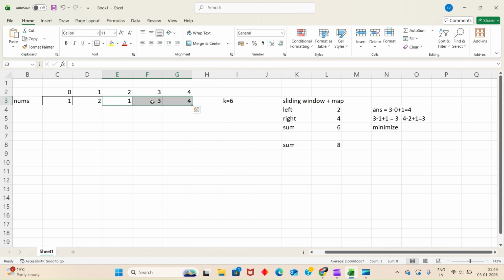1 plus 3 is 4. 4 plus 4 is 8, which is greater than k. Okay, we don't want the exact sum, but we want it can be maximum. Okay, my next answer is 3. Now as my sum is greater than or equal to k, I can move this. So if I move to this side, 3, my left is 3, my right is 4, my sum will be,